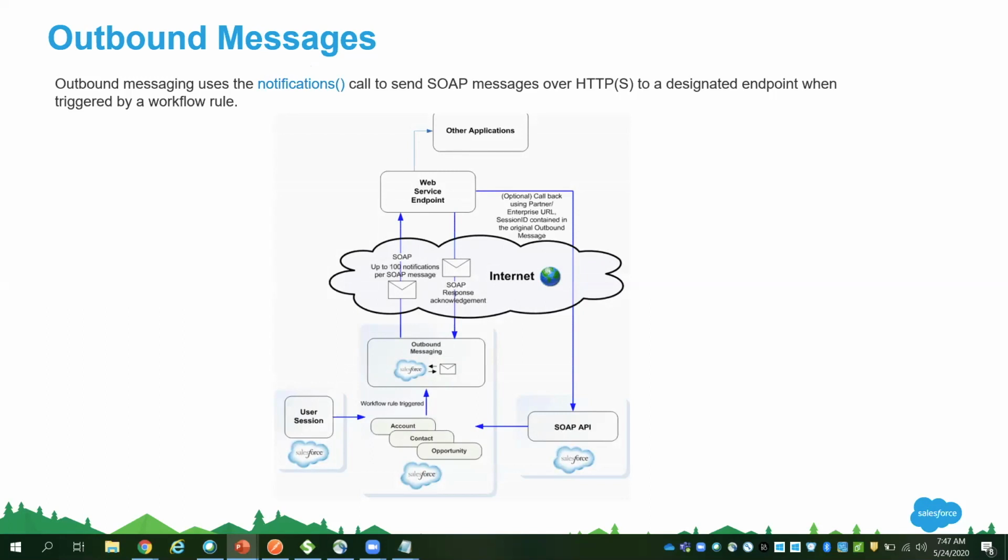Whenever you update any account or opportunity or any standard or custom objects, you can send the outbound message to any third-party endpoint URL. You can send it as a POST to any third-party endpoint URL. So you can send some request, and the response you will get back, whether it is a success or failure. So this is an out of the box configuration, outbound messages.